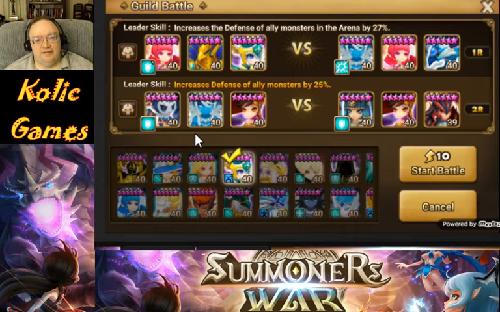We're back today with another video on how to attack, trying to win the guild war for us here. These two teams are what we're looking at right now. This is the Yellow Tower. Now this team up here,